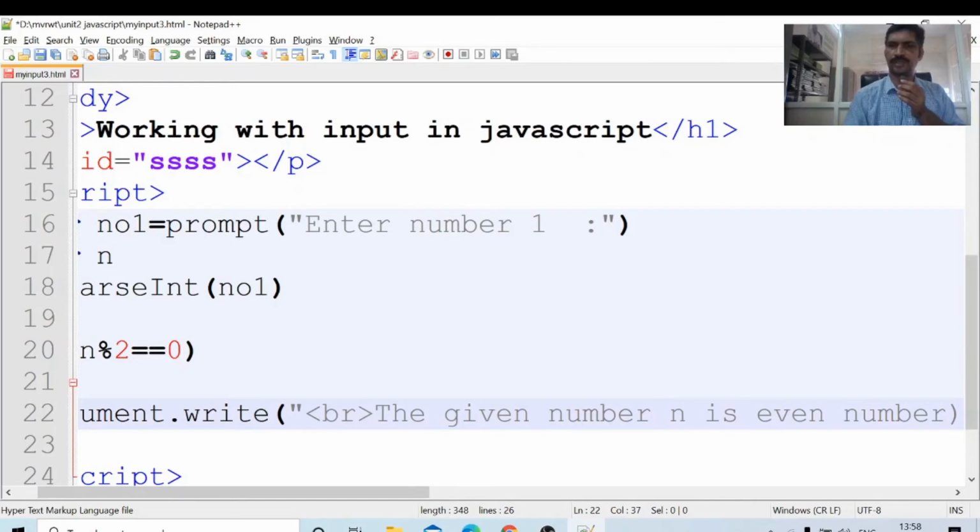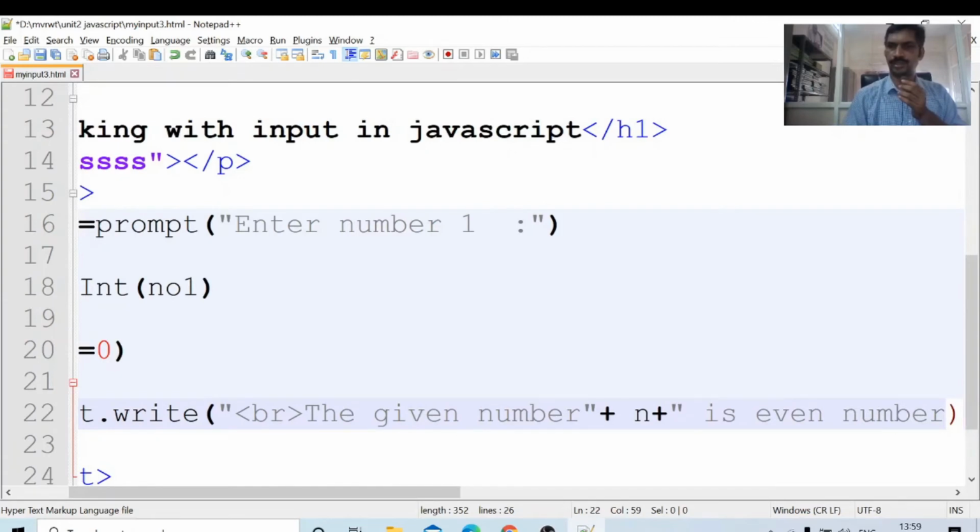I want the plus here. Here also I will write plus, shift to plus, and the given number is even number. I will write like this.